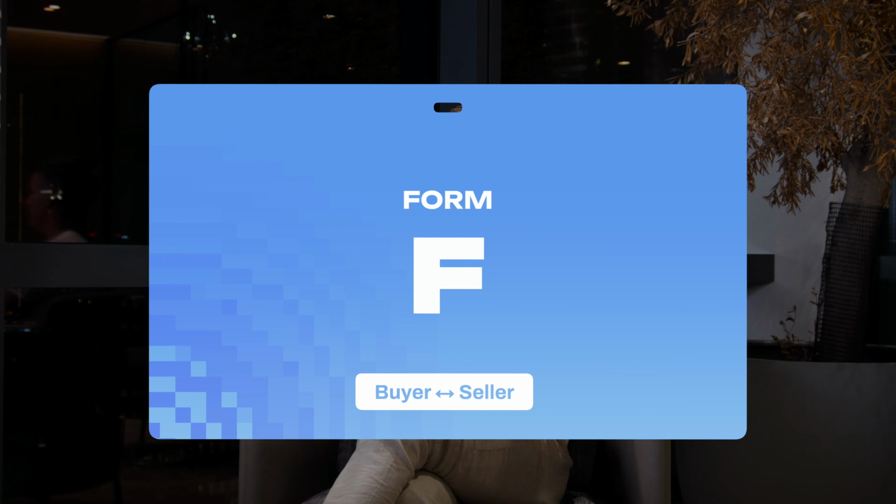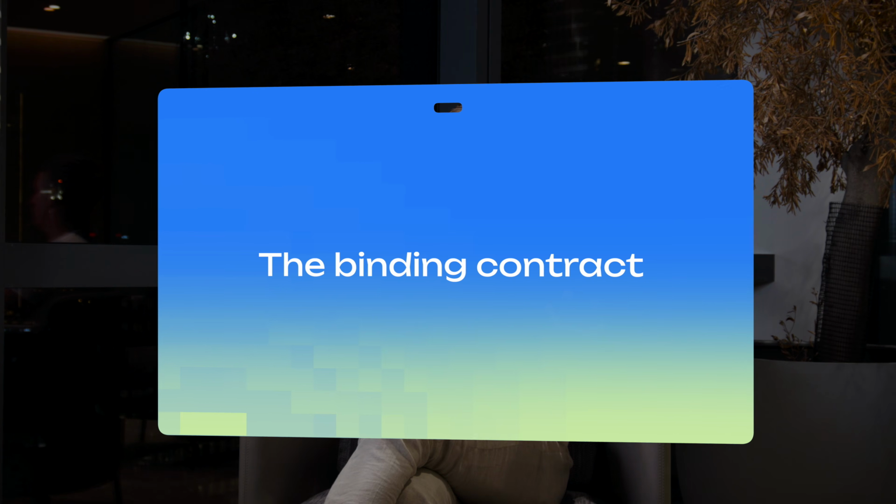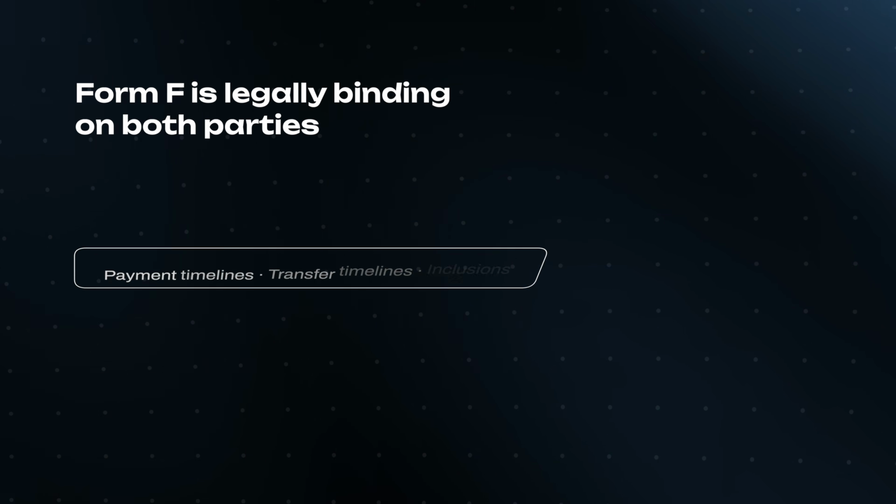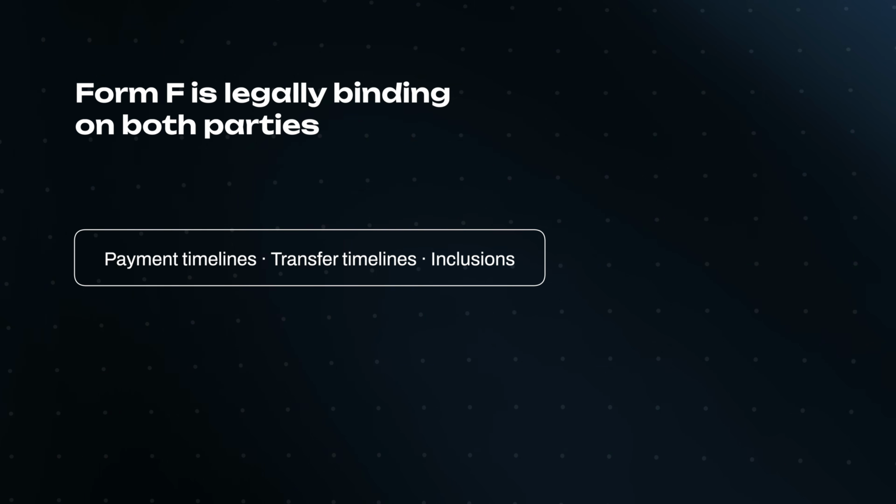Now, this can include various different clauses, which include, let's say, payment timelines and transfer timelines, which can differ due to the agreement made between the buyer and the seller. Now, if it is a ready property, this could include things like which furniture is included in the sale, whether there's a washing machine, or different agreements put in place by the buyer and the seller, which will incorporate the Form F. And this will be the legally binding contract that is made between the two parties and must be